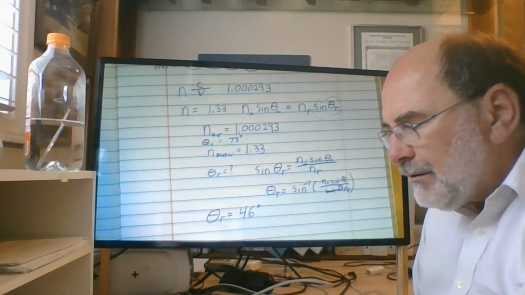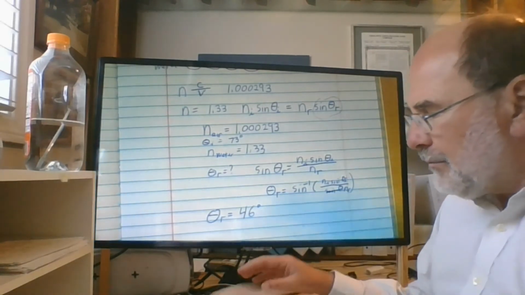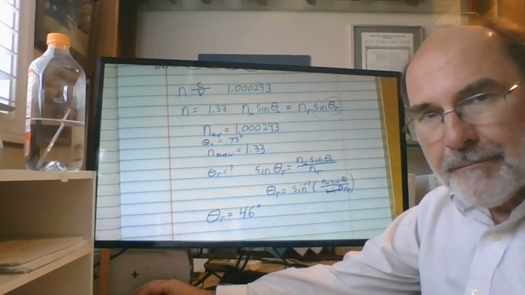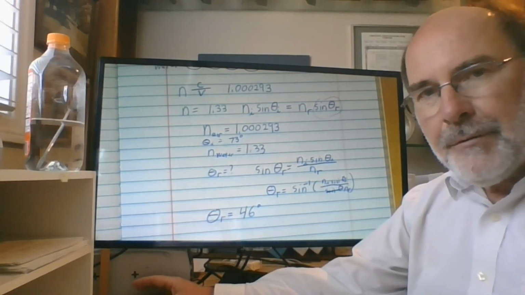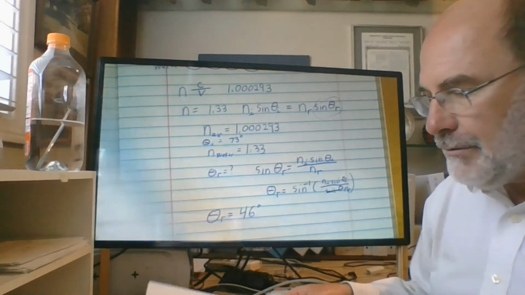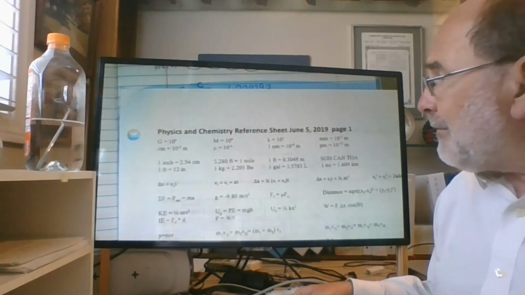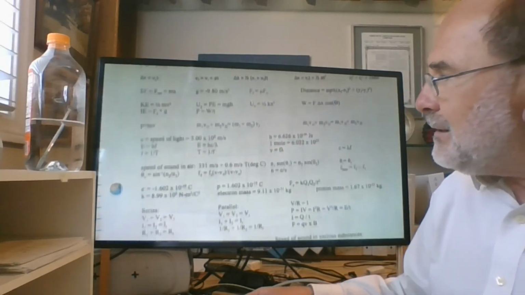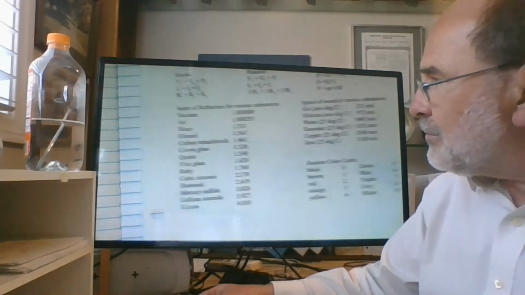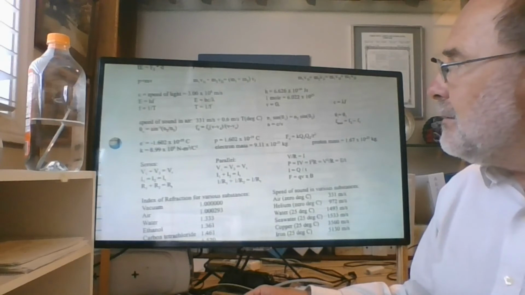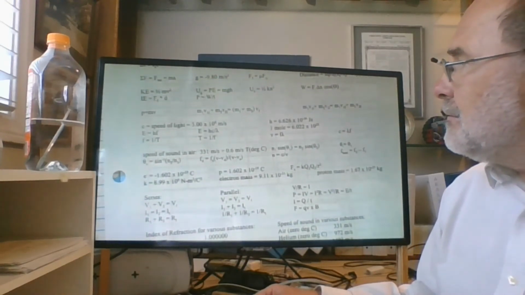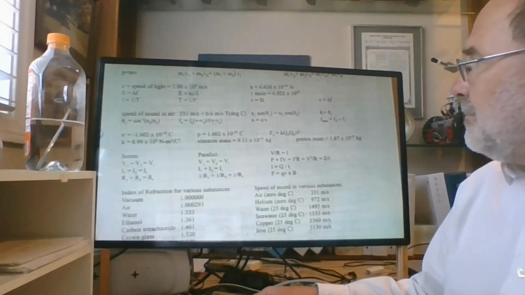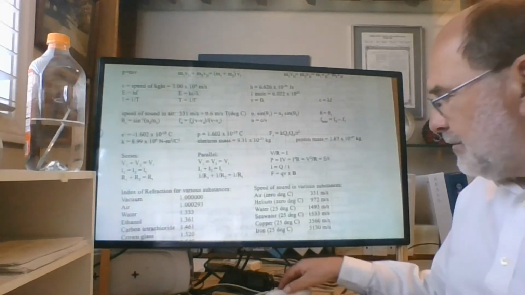It explains the index of refraction when you go from one substance to another. I'm going to pause this for a moment. I paused it so I could find the reference sheet. So here it is, the Physics and Chemistry reference sheet from June 5th, 2019, page 1. If you were to bother zooming in on it, which I'm going to do, let's see, where is that equation? Okay, so if I were to zoom in,